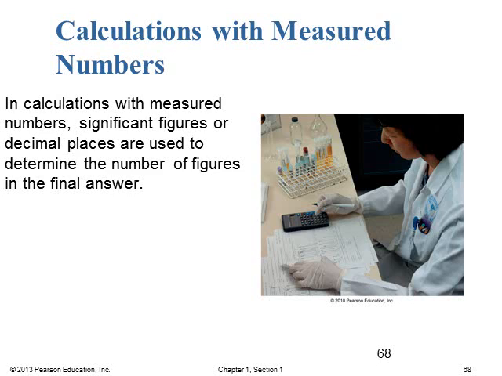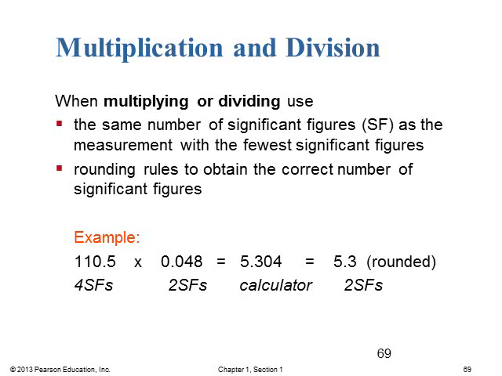So when we use measured numbers, we need to use the measured numbers to figure out how many significant figures we can report in our final answers, and that is done by looking at either the number of significant figures the measured numbers have, or where the decimal places lie and how many places or digits we are reporting in our measured numbers. And we'll investigate how this is. So we can separate these rules by looking at multiplication and division together, and then we're going to look at addition and subtraction in another case.